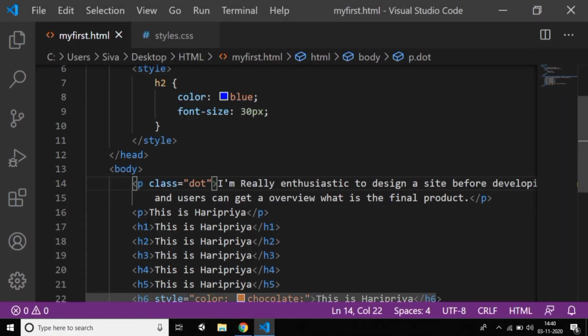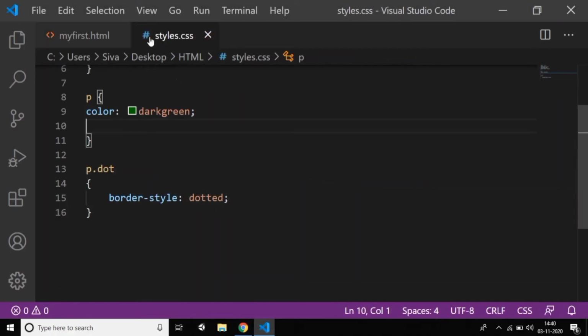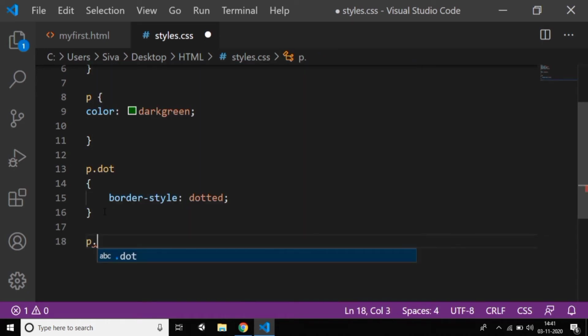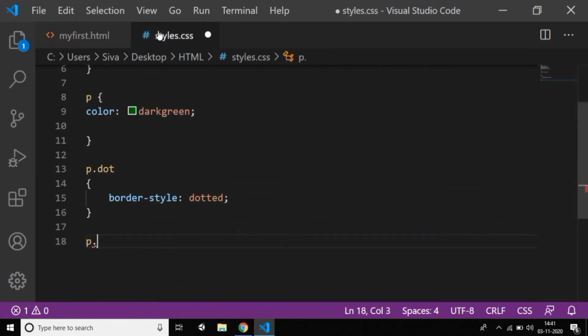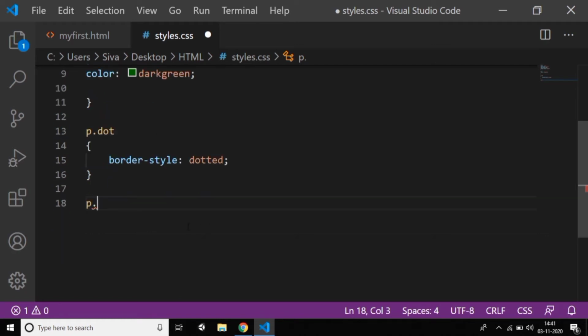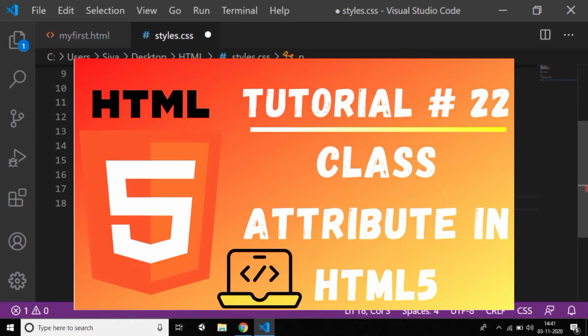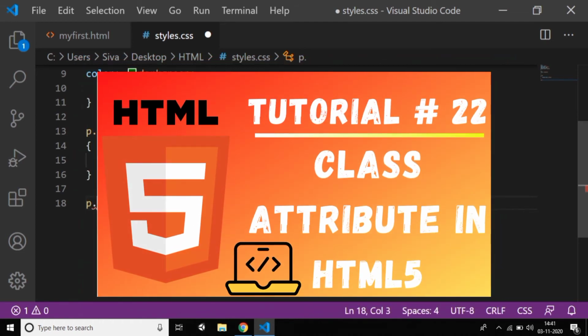And if you want this one as inherit or solid or whatever it may be, just create another class. I already explained how to create a class in internal CSS in the earlier tutorials. That link I'll also keep in the description, guys. Just go and observe how to create a class and what a class is.